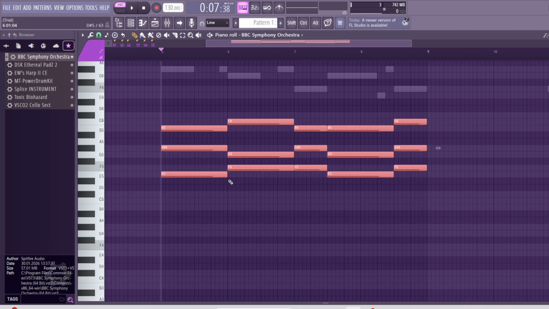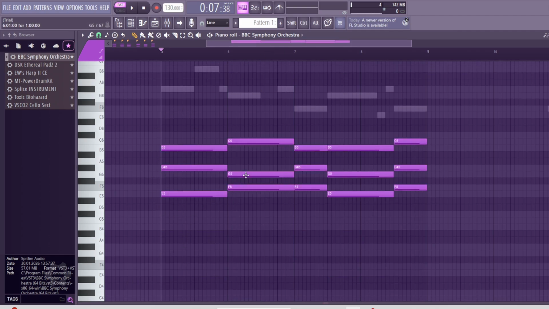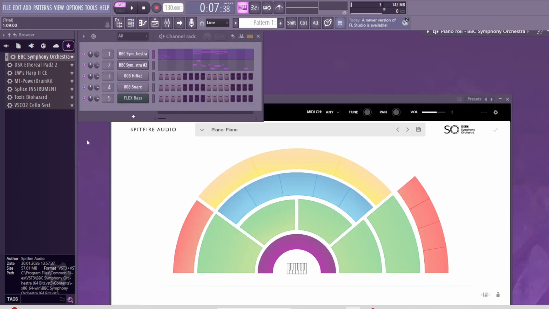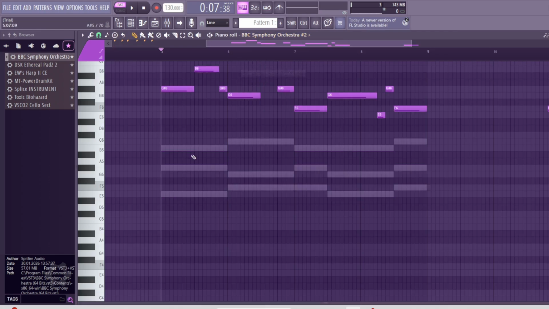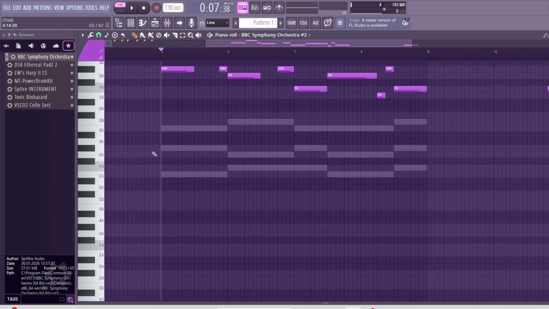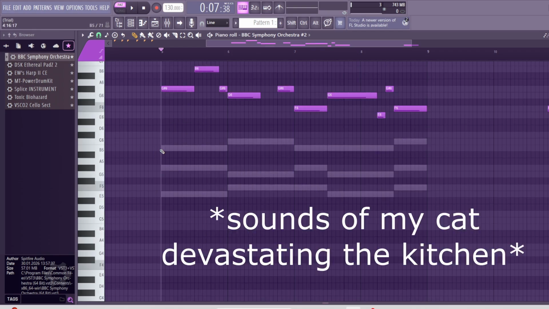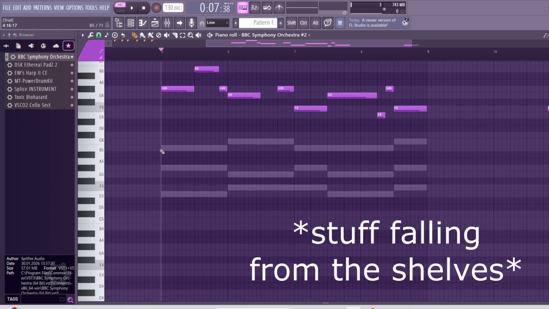I recommend putting your chords into the background, like here in the ghost notes. And now you can turn the chords into some kind of arrangement. So the main goal